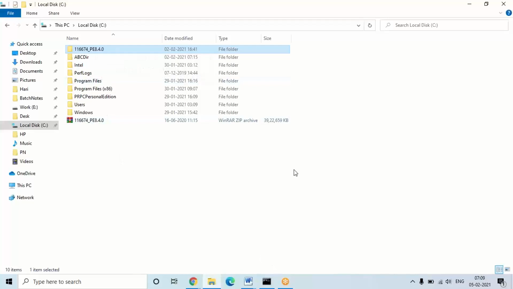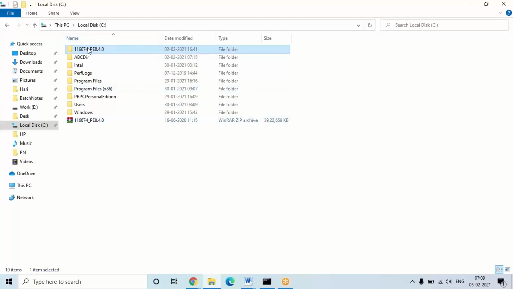And in your system, if extraction is done in download or document or desktop, after the extraction is done, move this folder to some directory. Don't run directly from the desktop path or document or download path. It may not read some exe files. So after download and extraction, copy these folders to some drive in your system. C drive will compulsorily be there in every system. Apart from that, if you have any other partitions with space, you can copy this folder to some directory.